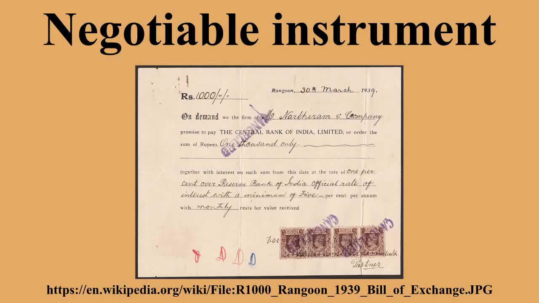Definition: in the Commonwealth of Nations, almost all jurisdictions have codified the law relating to negotiable instruments in a Bills of Exchange Act, e.g., Bills of Exchange Act 1882 in the UK, Bills of Exchange Act 1908 in New Zealand, Bills of Exchange Act 1909 in Australia, the Negotiable Instruments Act 1881 in India, and the Bills of Exchange Act 1914 in Mauritius.